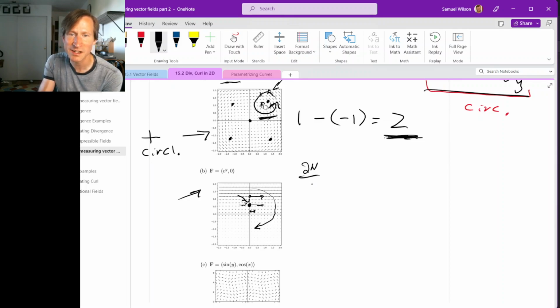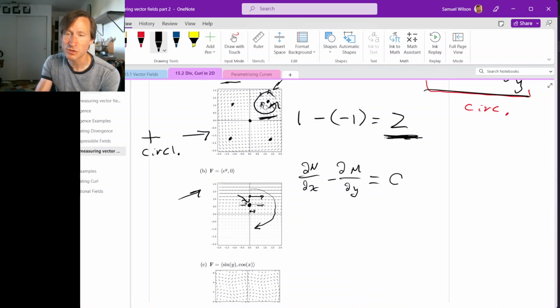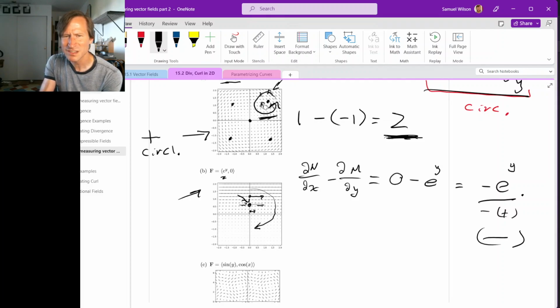So partial n partial x minus partial m partial y. So n is 0, so this first part is 0, minus partial m partial y, derivative of e to the y with respect to y, that's e to the y. So we get minus e to the y. So what we found, right, this e to the y is always positive, and so minus e to the y is always negative. So this vector field appears to be circulating in the negative direction everywhere, which is true